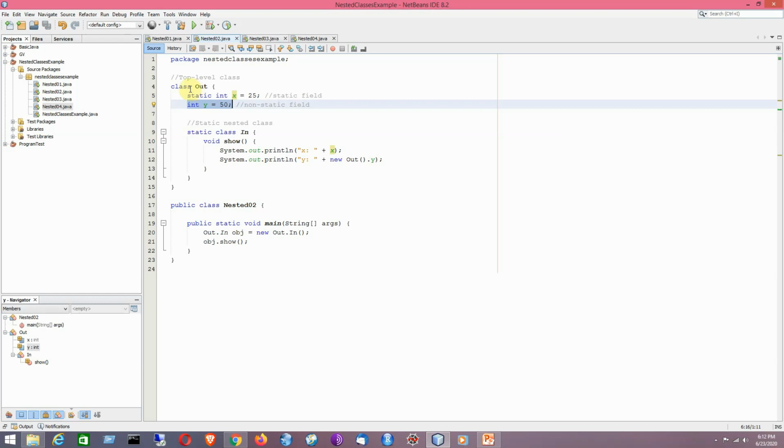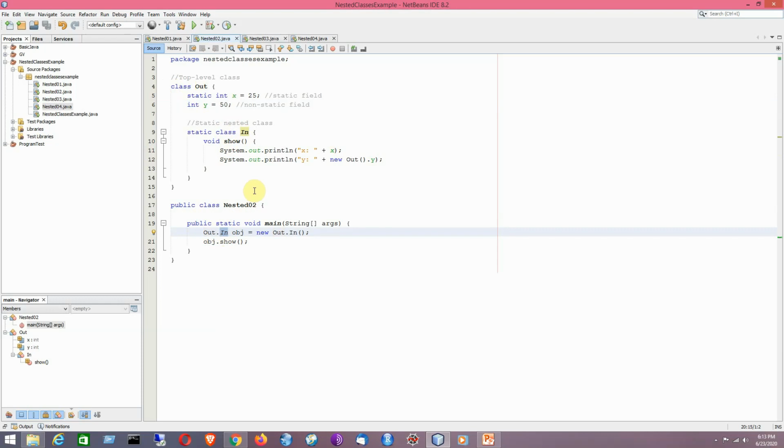Say for example, in this particular example, in order to create an object of the static nested class, I have to write here out.in, that is from the outside world. So it cannot exist alone, that I have told with respect to non-static nested class, that is the speciality of nested class. So I need to mention the outer class dot in, that is the inner class.